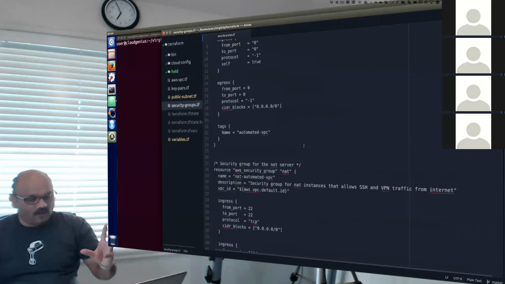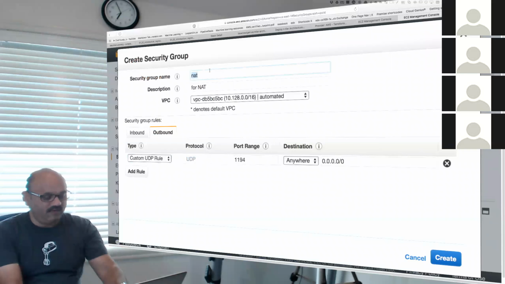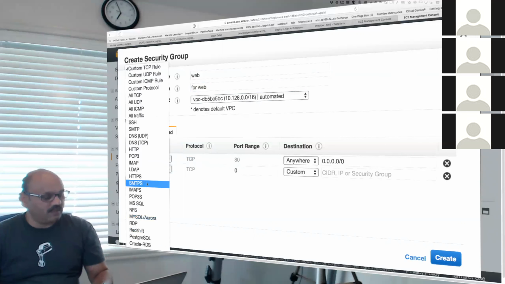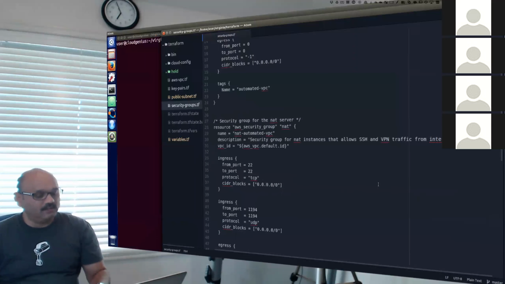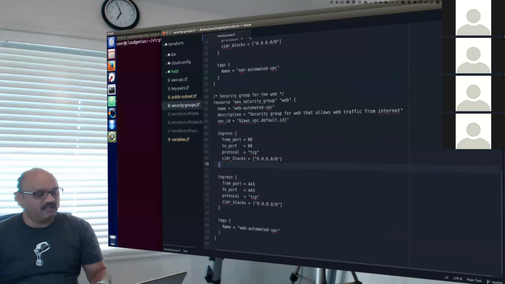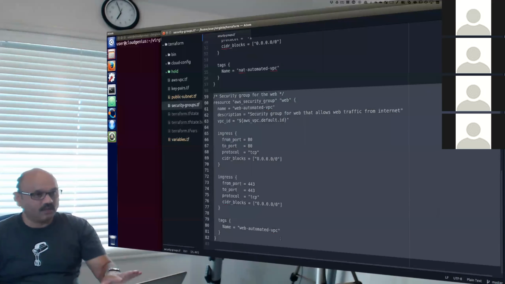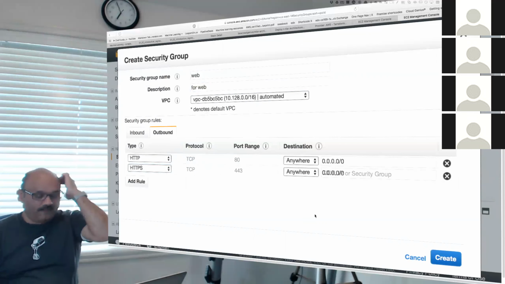It is not that really difficult once you already know what we are doing. We are creating a web security group. And in there, we are opening up HTTP traffic like this and HTTPS traffic like here. That's what we are doing essentially. And it takes so many lines to say that very succinctly. So lines number 59 all the way to 82. This block, 59 through 82, is basically this screen. That's what we are doing.